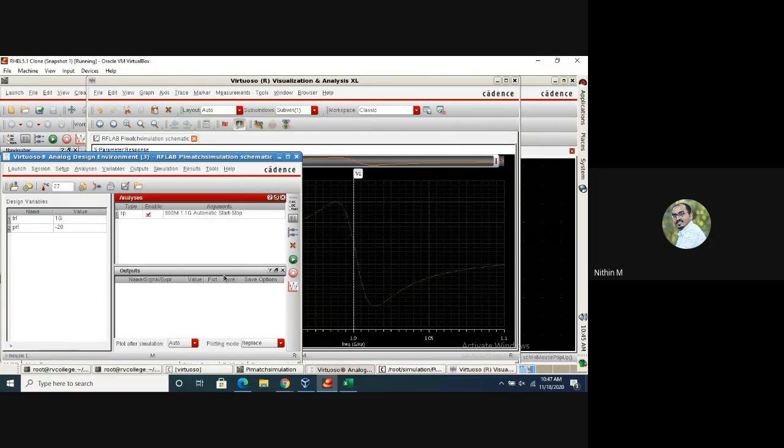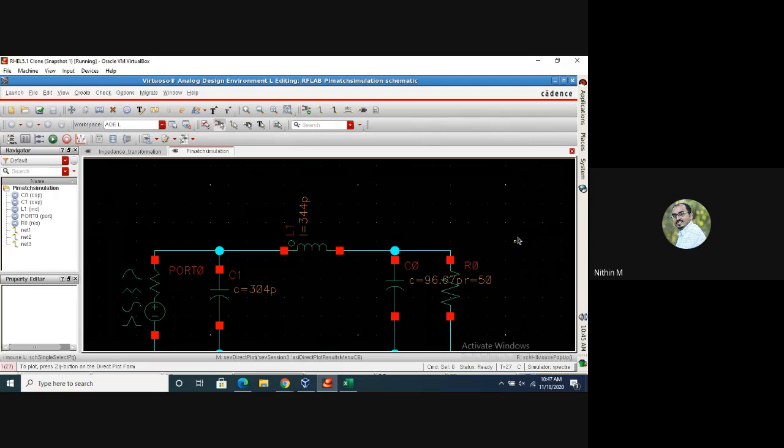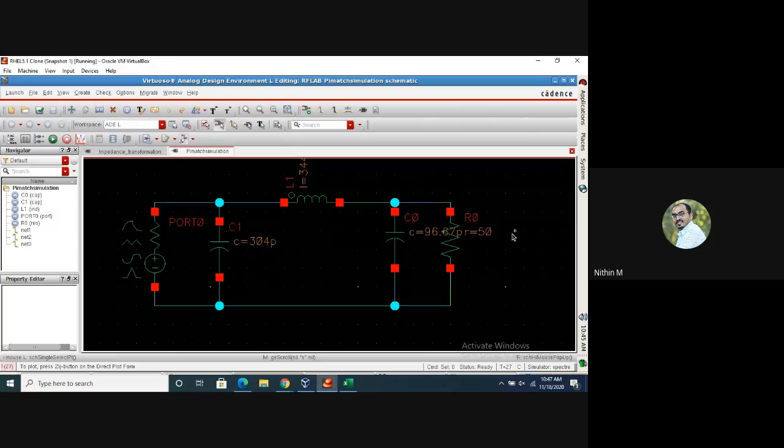So this is actually a pi match simulation, which is matching a 50 ohm impedance to 5 ohm without having any reactive component, right? So again, matching impedances using these kinds of networks is easy compared to doing it with equations, but the only thing is we should check with the practical values which can be realizable in the IC, right?